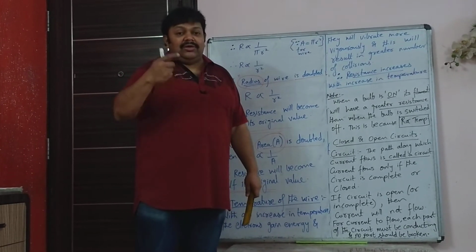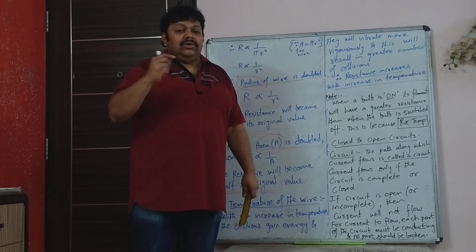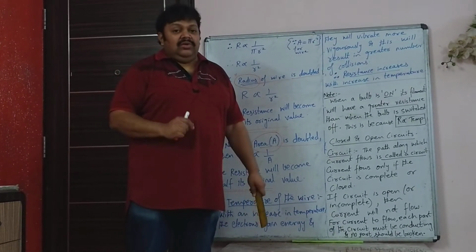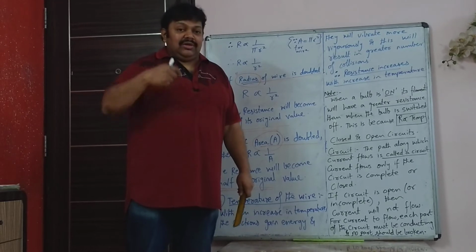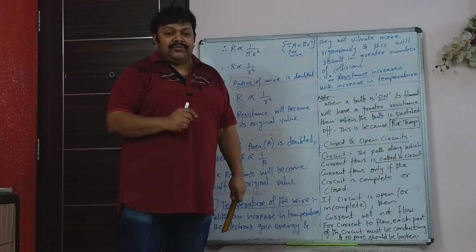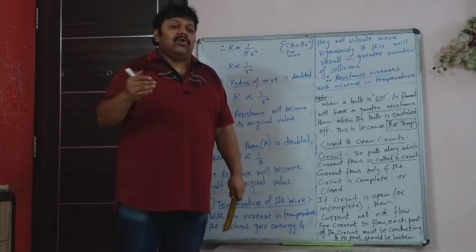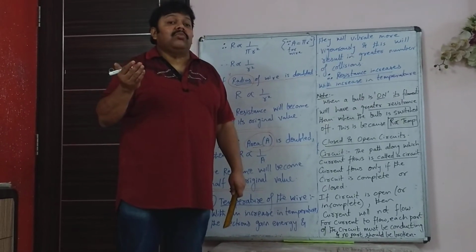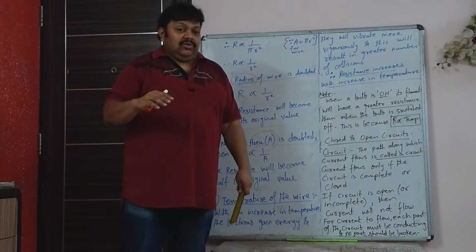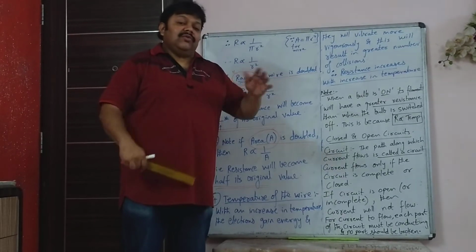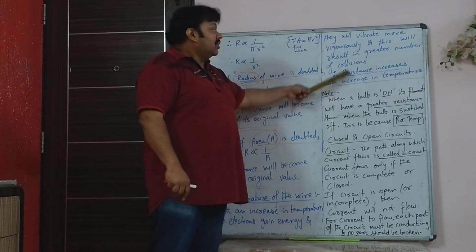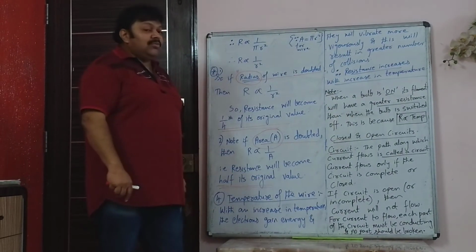So will its filament resistance be greater, lesser or equal to when the bulb is off? And give reason. So obviously when the bulb is on and current is flowing through the filament of the wire, its resistance becomes more because the temperature of the wire is more. When the bulb is switched off, it cools down and therefore the filament resistance will also decrease. So these are questions asked on this factor, that is temperature.